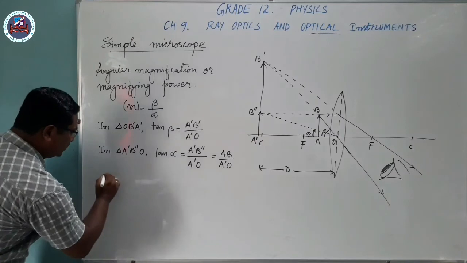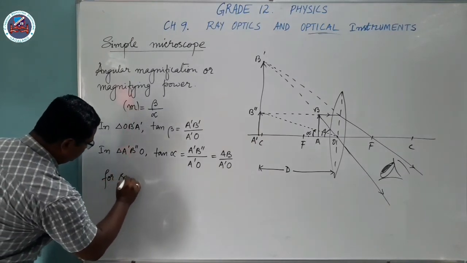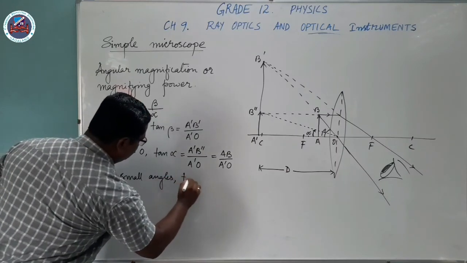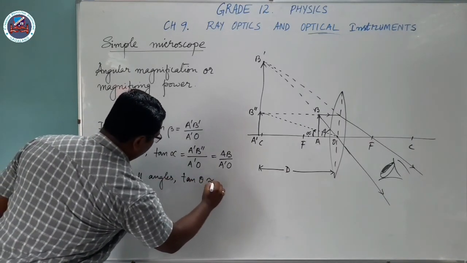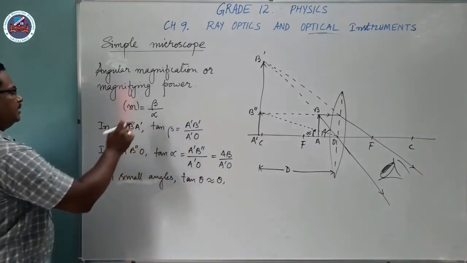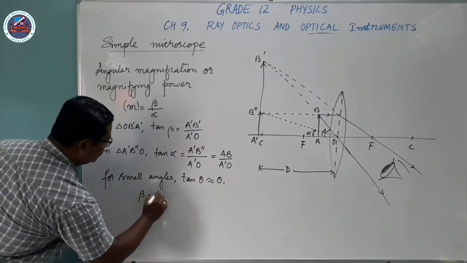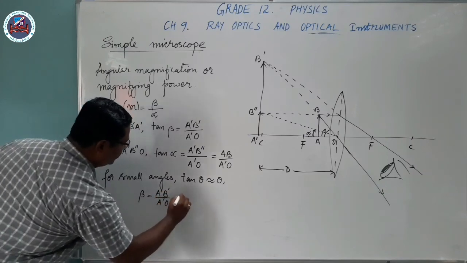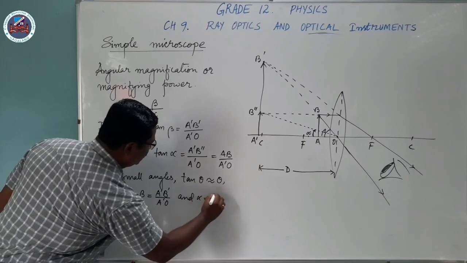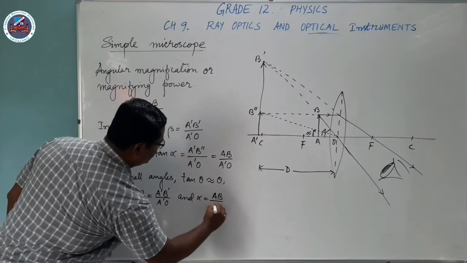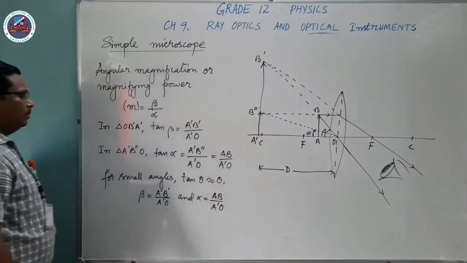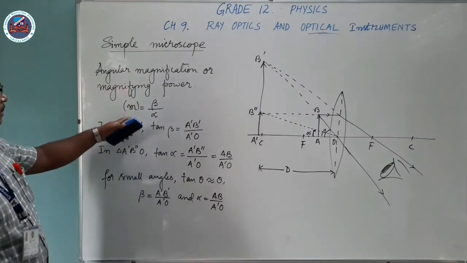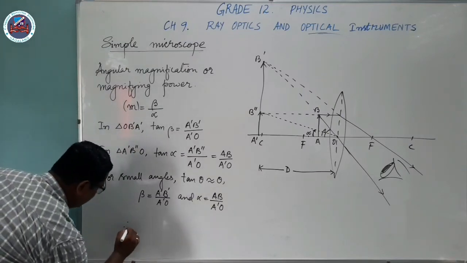Now for small angles, as we know, tan theta is nearly equal to theta. So tan beta can be written as beta is equal to A'B' divided by A'O, and alpha can be written as AB divided by A'O. Now if I put the values of alpha and beta in the above equation, then I'll get the angular magnification